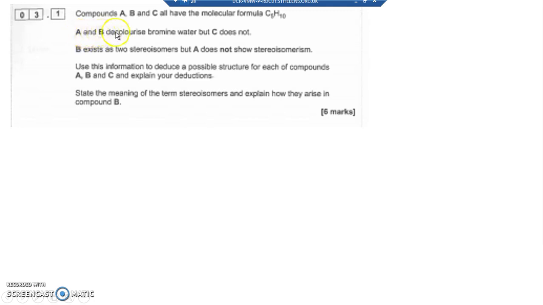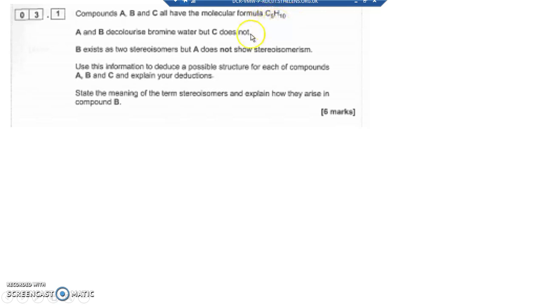With a double bond. A and B decolorise bromine water, so A and B do have a double bond, but C does not. So that's strange. C5H10 has the general formula of an alkene, CnH2n, double the number of carbons, but it hasn't got a double bond. That can happen if it's cyclic. If it's got a ring, it can have single bonds but still have the general formula of an alkene. So C is definitely cyclic, and that explains why it doesn't decolorise bromine water, but can have CnH2n